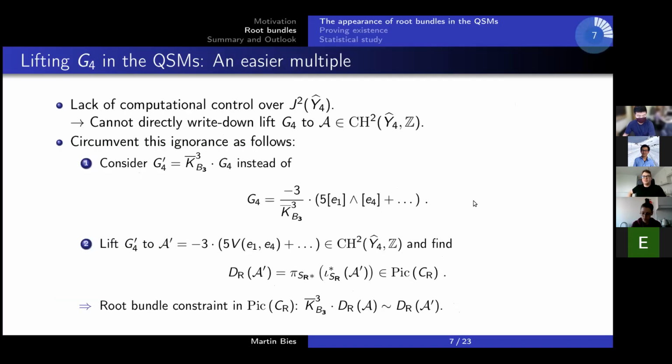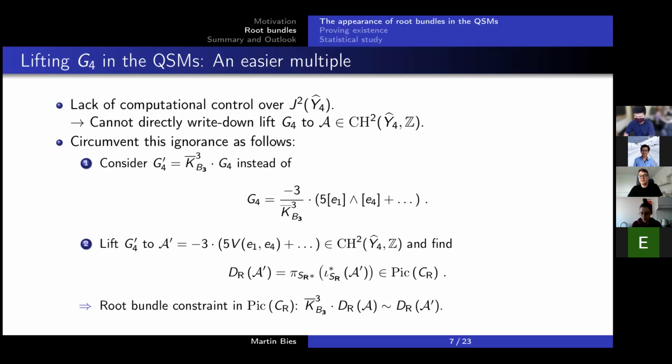And essentially what I'm missing here is that actually, there's this intermediate Jacobian that also enters in the game here, and that has torsion elements. And to really properly lift this thing, that is the knowledge that I would require to write down these lifts. So they exist, but I'm simply not having the information necessary to write them down. So instead of looking into that in much detail, I try to circumvent this ignorance as it stands,